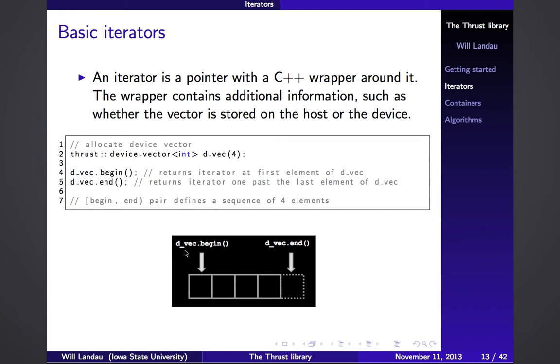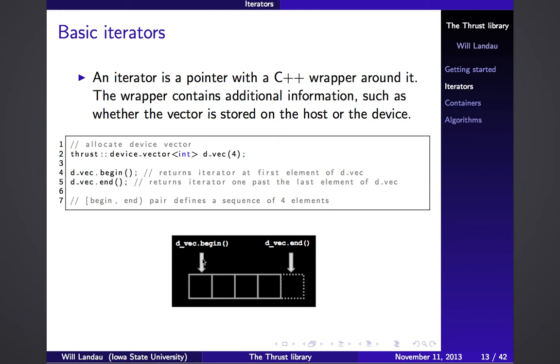Now the pointer in dvec begin points to the beginning, the first element, and the pointer in dvec end points to the element or the storage location just past the last element of dvec. Now you may say, well, if it's called dvec end, why doesn't it point to the last one? Why go one beyond? Well, I don't know for sure, but I think it's because it allows you to take dvec end minus dvec begin, and that arithmetic will tell you the length of the vector, or the number of